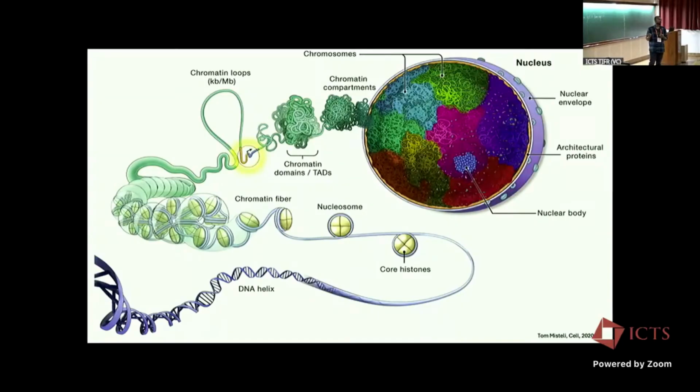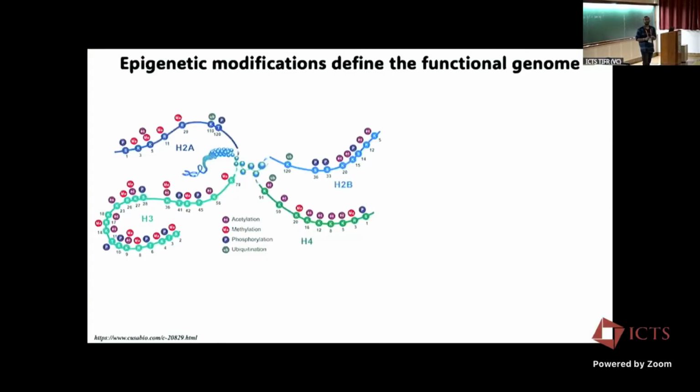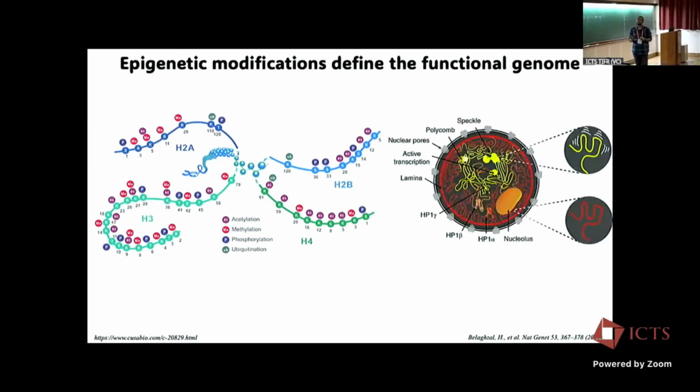gets reeled into loops by cohesin, gets organized into topologically associated domains, and then eventually gets packaged into this micron-sized nucleus. What might appear as a very packed, organized structure is actually quite dynamic. And the dynamicity of this DNA is contributed by the various modifications on the tail of each histone component. And eventually what this results in is regions where the DNA is much more mobile, much